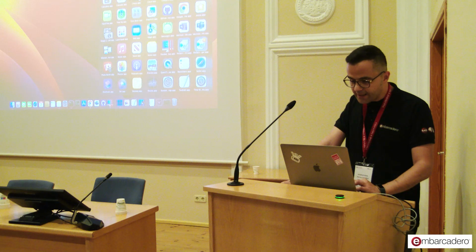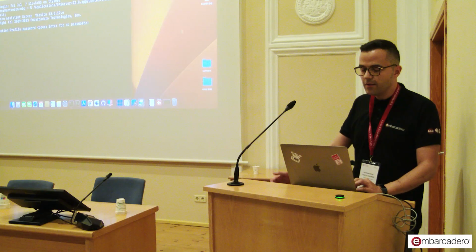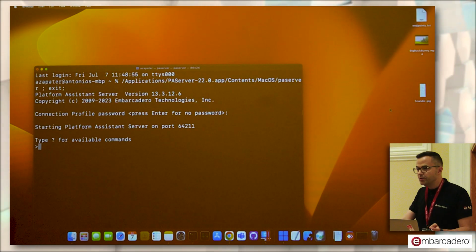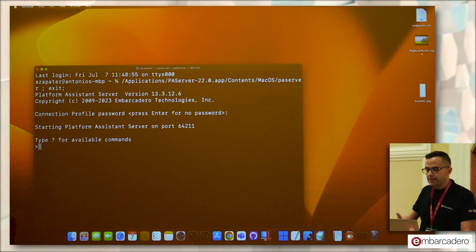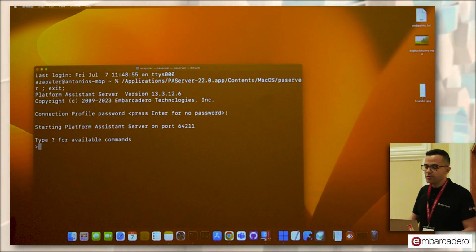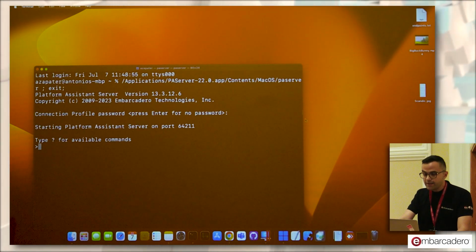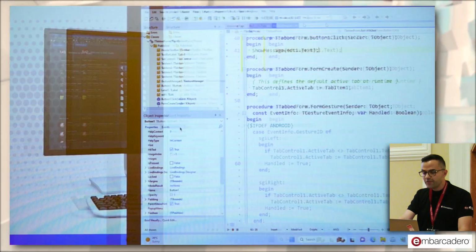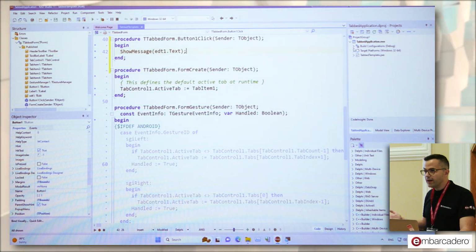That's why we provide this application called PAServer. It comes with RAD Studio or Delphi, and you just need to copy and paste it in the machine you want, or use the installer if you want. In this case, it is the PAServer for macOS that you can use for macOS and iOS. If you want to use it for Linux, we provide another PAServer for Linux. What it does is create a client that listens on a port, and you just need to configure this as a platform in Delphi. You do it once, and you can reuse it for every single project.